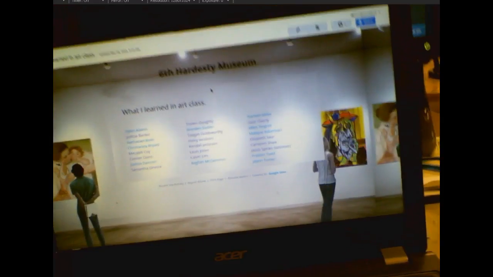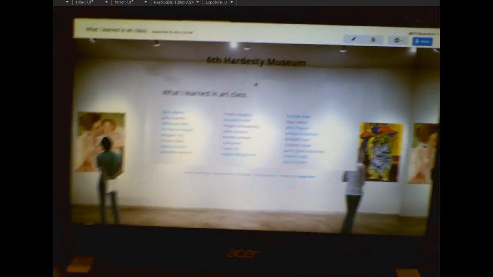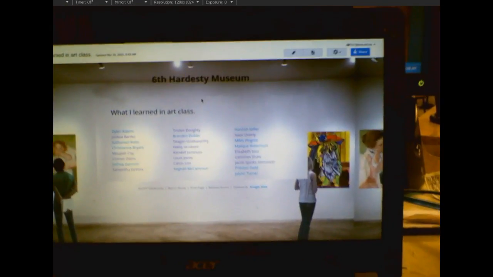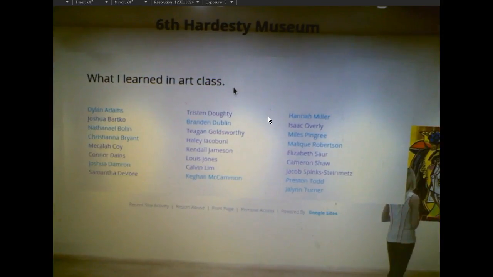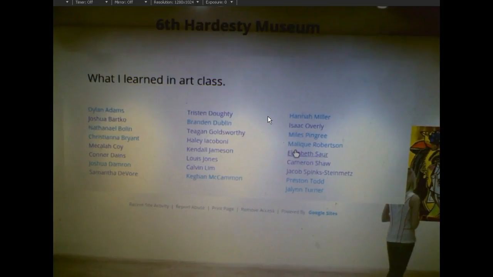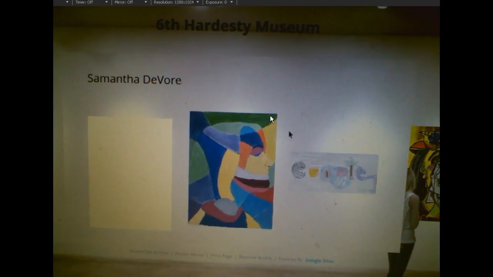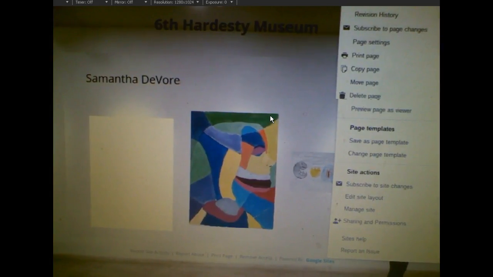I'm going to create a digital museum. And in that museum, I'm going to do your entire class here. And you'll see these names here. Let me zoom this in a little bit so we can see. So this is Mrs. Hardesty's class from last year. And what each of these students have is, when you click on their name, you're going to see works of art that they've done in their classroom, as well as